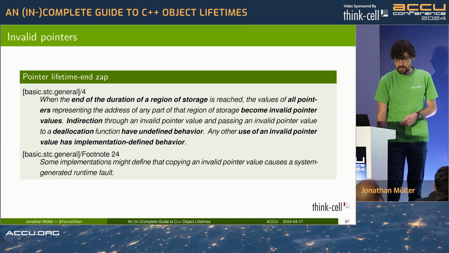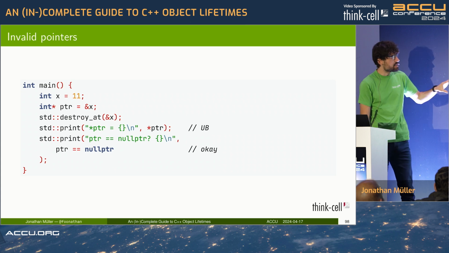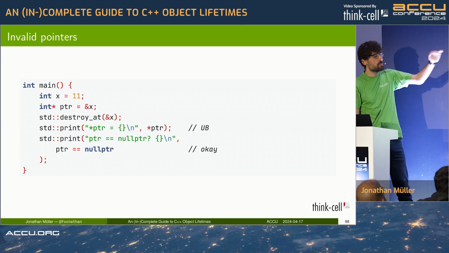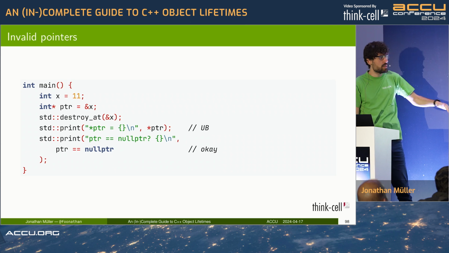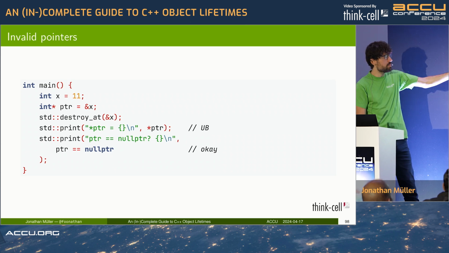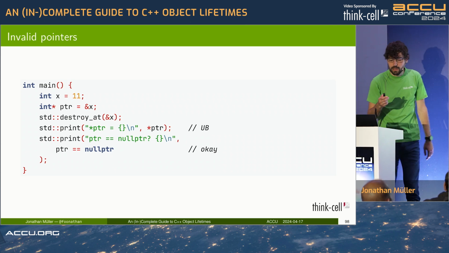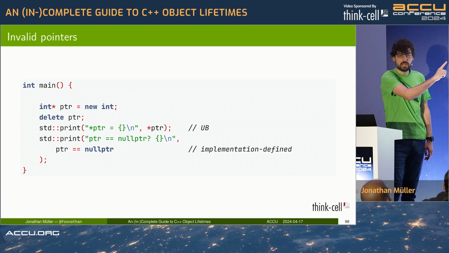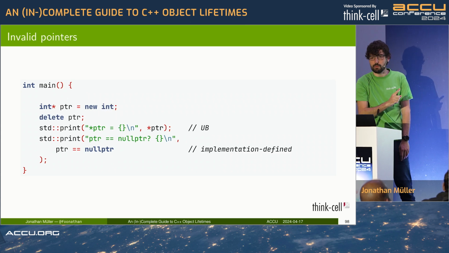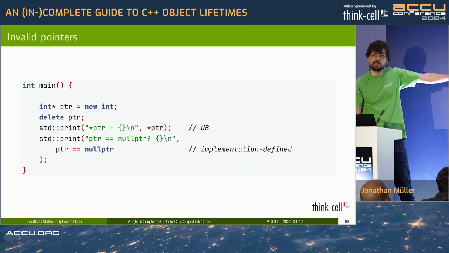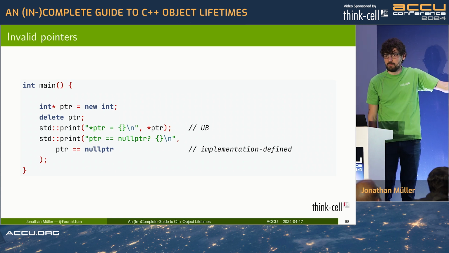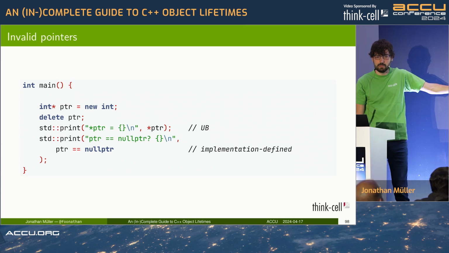What this means is that in this case, we've got our int object on the stack, we create a pointer to it, we destroy it. We can obviously no longer dereference the pointer, but we can still compare it, right? It's not going to be a null pointer. But when we've got an object on the heap and we delete it, now the pointer points to deallocated memory, which means that the comparison to a null pointer is actually implementation defined, which means the compiler can insert a std::abort here when we compare a pointer,